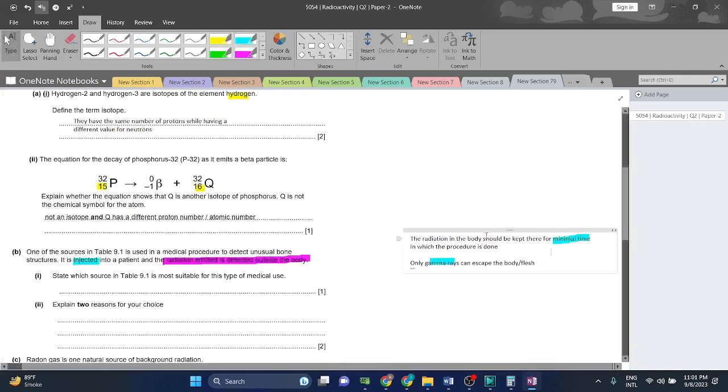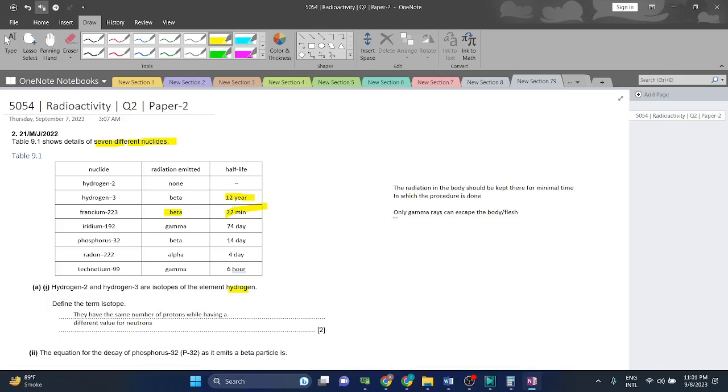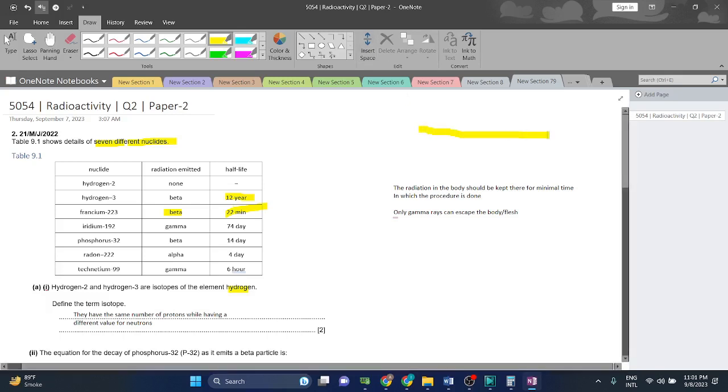तो हम इसको ऊपर ले जाते हैं और देखते हैं कि ये हमारे किसके साथ कोइंसाइड करता है। तो हाइड्रोजन 3, 12 साल का हमारे पास, रेडिएशन की या नहीं। सो एब्सोल्युटली नो। फ्रांसियम नो। 22 मिनट्स, ऑल्दो इट इज 22 मिनट्स, लेकिन 22 मिनट्स में आपको पता है प्रोसीजर डन नहीं होगा एंड इट इज एमिटिंग बीटा, राइट। और बीटा जो होती है इसकी पेनिट्रेशन इज एक्सट्रीमली लो। ये सिर्फ एयर में सिर्फ 5 सेंटीमीटर पास कर सकती है, ना कि वो फ्लैश को पेनिट्रेट करे,